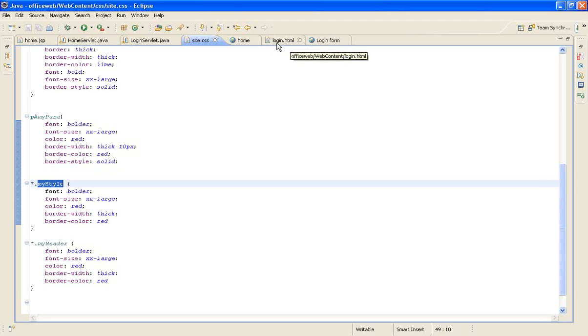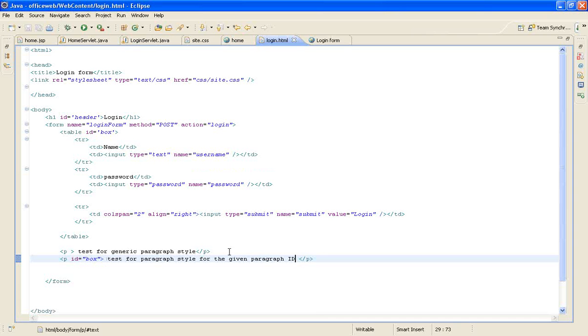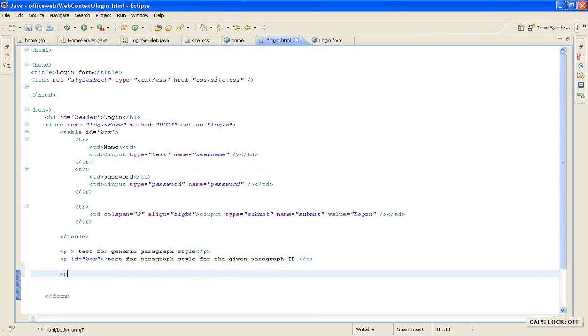Explicitly you can specify, I can write class equal to, I can give a CSS class.